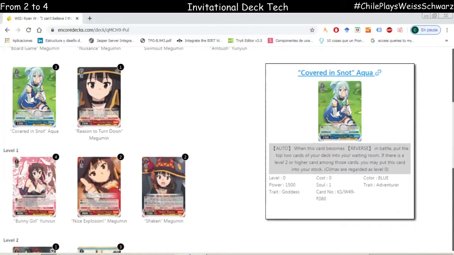But the actual effect on the card itself benefits the deck a lot. Like the level threes and level twos in Konosuba are super powerful, so you end up stacking the deck heavily towards the top end, which makes the actual hit rate on the stock effect really good. Your main resource is the Ambush Union, so Snot Aqua gives you the resources to plus off of